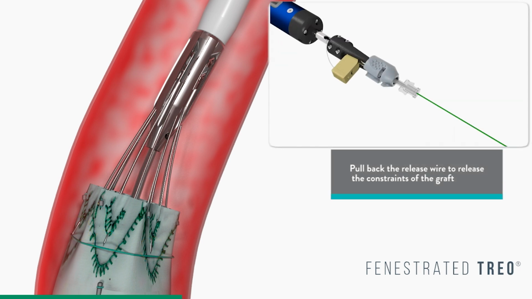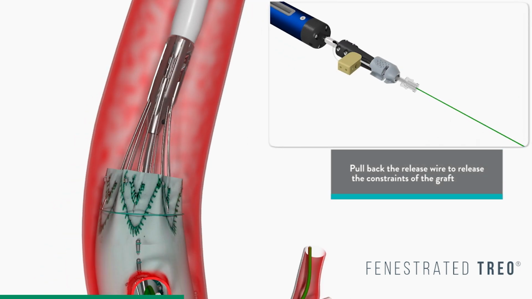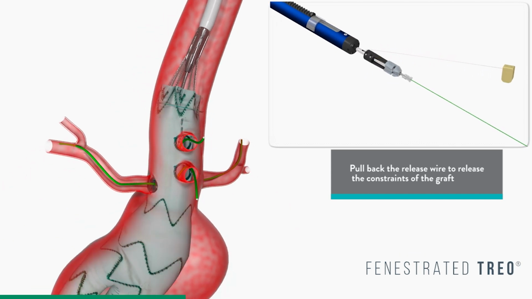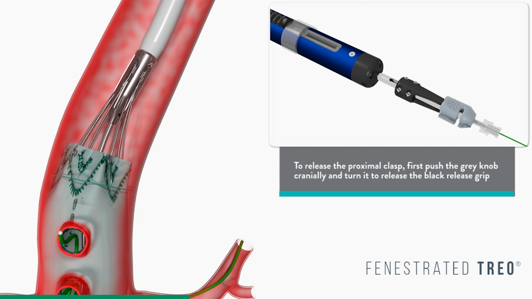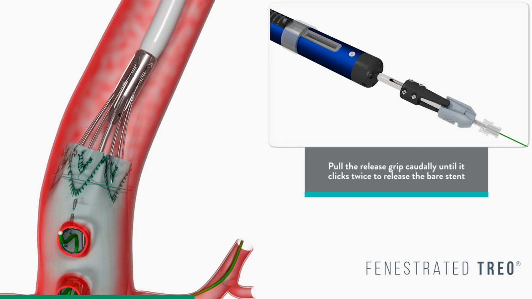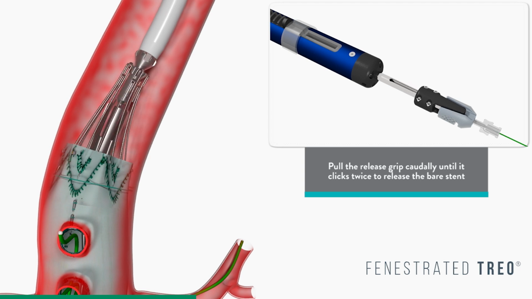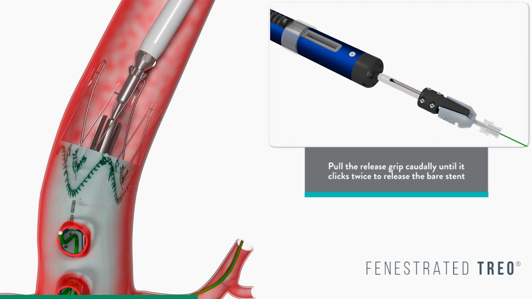When all vessels have been cannulated and the graft is in position, the release wire can be pulled back to release the constraints of the graft. To release the proximal clasp, first push the grey knob cranially and turn it to release the black release grip. While observing the proximal clasp assembly under fluoroscopy, pull the release grip caudally until it clicks twice to release the